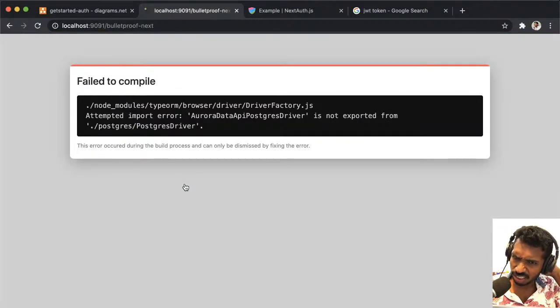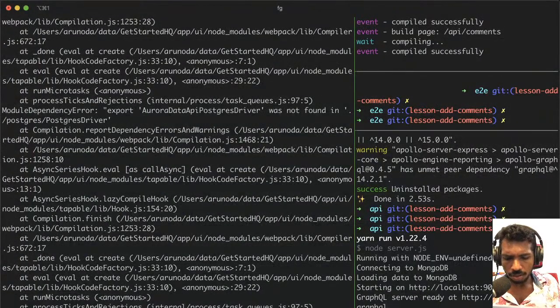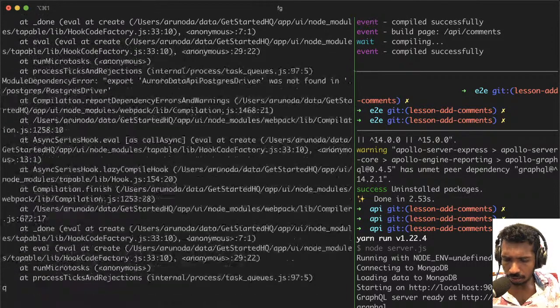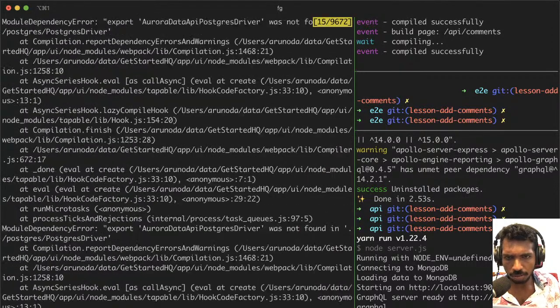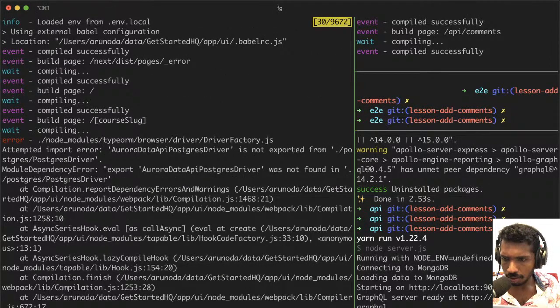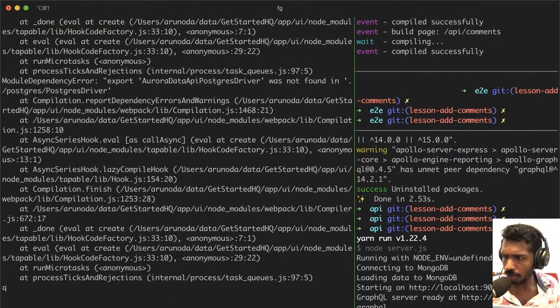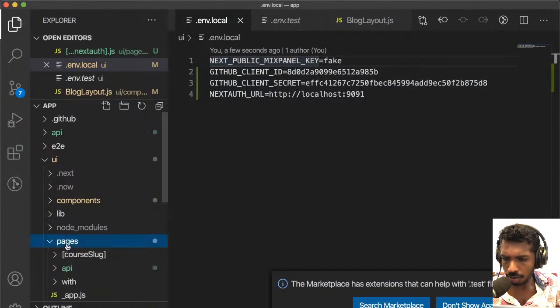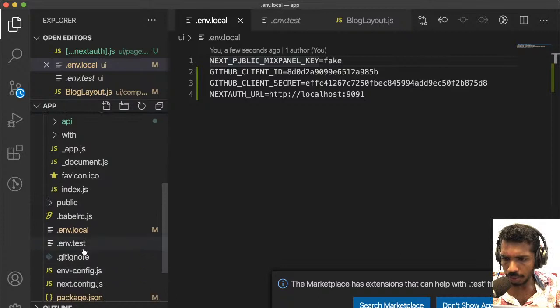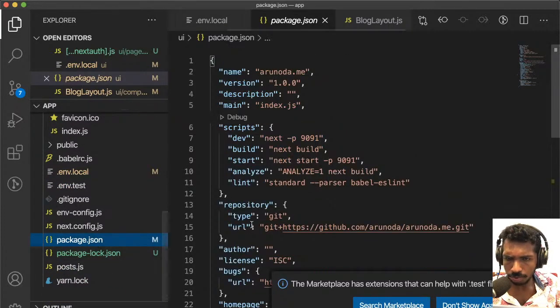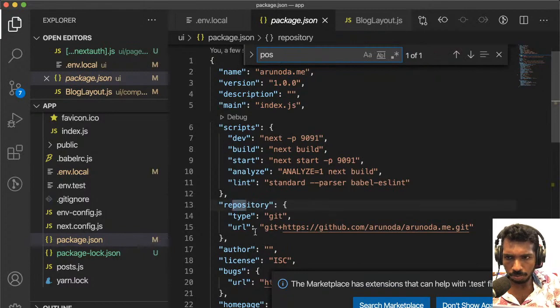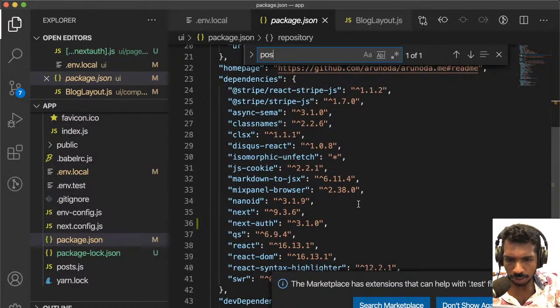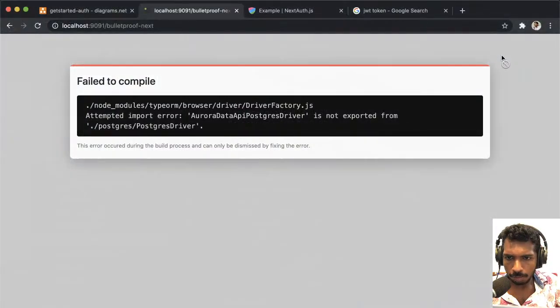What's this? Aurora Data API, Postgres. I'm not using Postgres. So maybe this is something with NextAuth, but I haven't seen this issue in any other place. Do I use Postgres? Which is pretty weird. Right, then I'm gonna check package.json for Postgres. I'm pretty sure I'm not using Postgres there, just NextAuth. Maybe this comes from